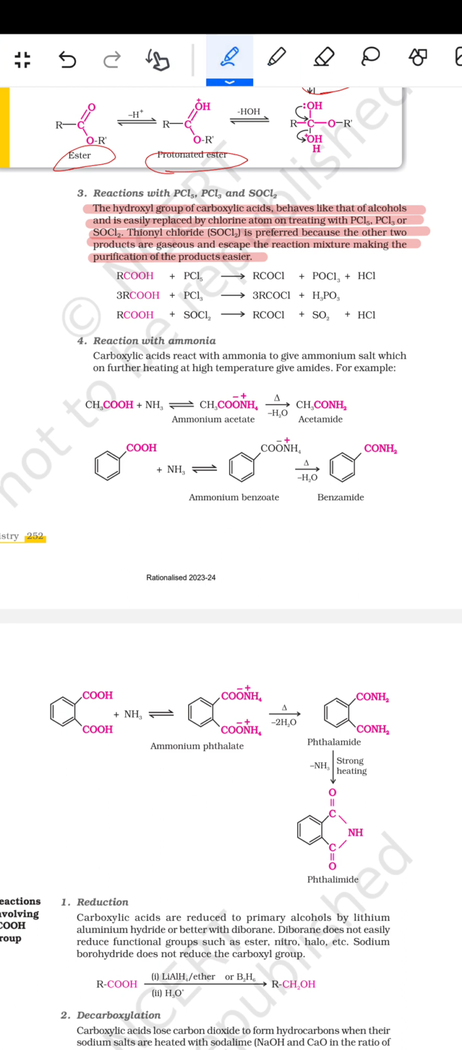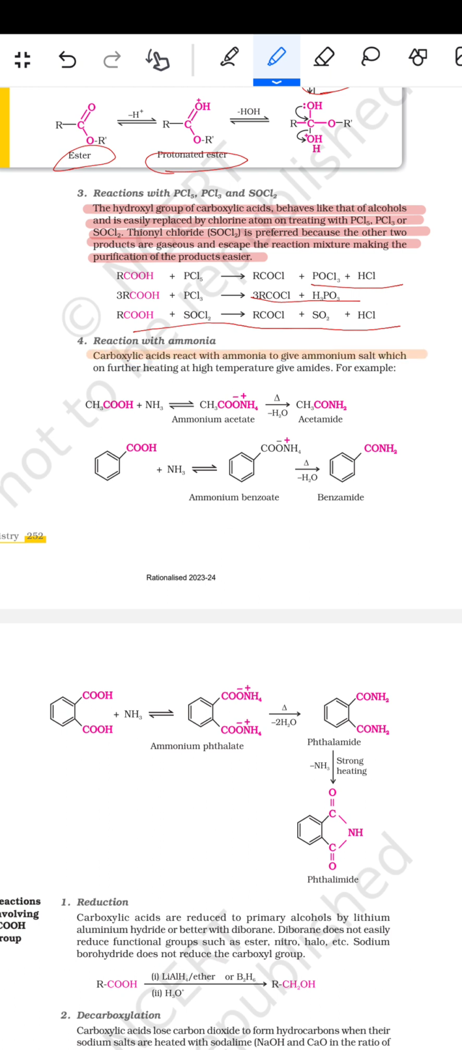RCOOH है, PCl5 मिला तो RCOCl बन गया, POCl3 प्लस HCl बन गया। फिर RCOOH PCl3 मिला तो RCOCl प्लस H3PO3 बन गया। फिर RCOOH SOCl2 मिला तो RCOCl प्लस SO2 प्लस HCl बन गया। उसके बाद फिर आता है रिएक्शन विथ अमोनिया। Carboxylic acid reacts with ammonia to